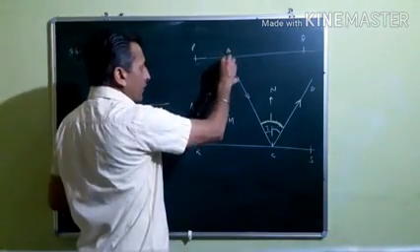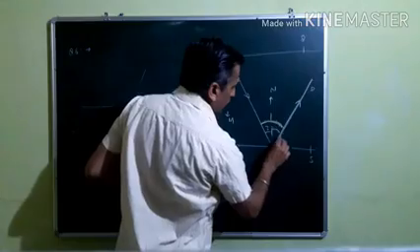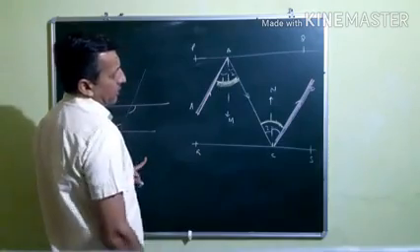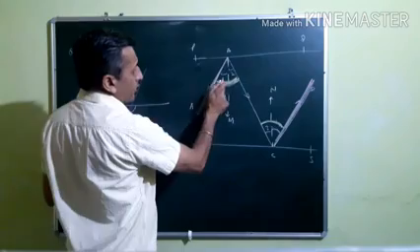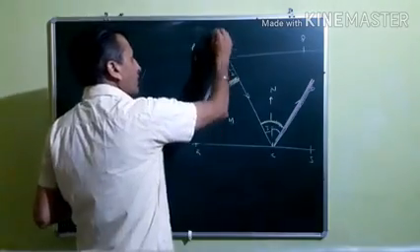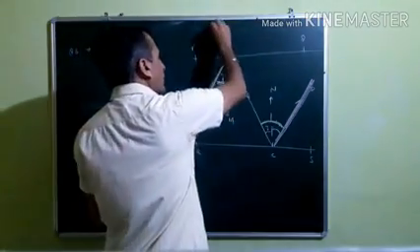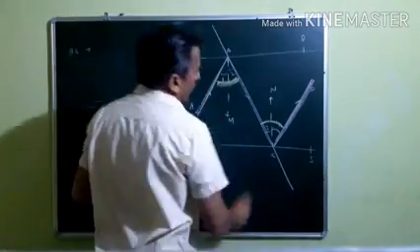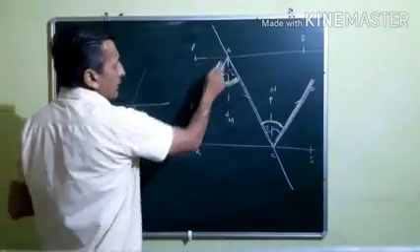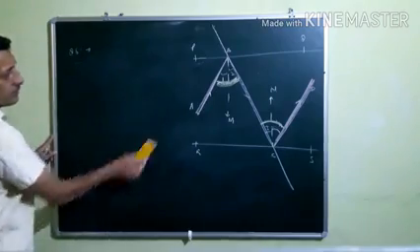Now see, this is our first line and this is your second line, and you have to show that these two red lines are parallel. If we show that these angles are equal, then naturally these lines are parallel, because this white one is your transversal, and these are alternate interior angles. If alternate interior angles are equal, naturally AB is parallel to CD. So I am going to use this concept here.